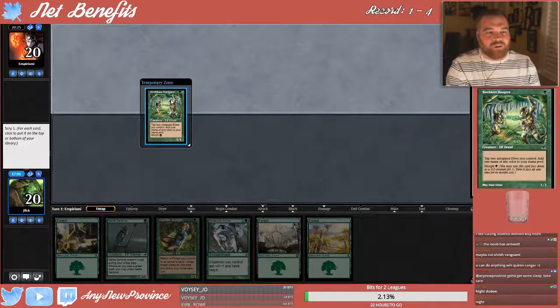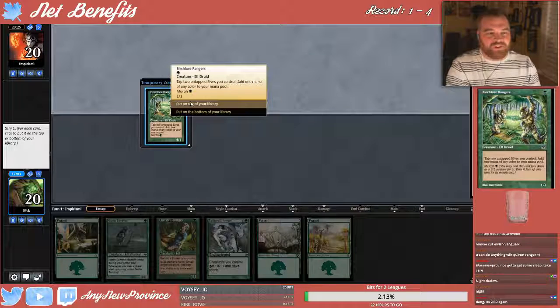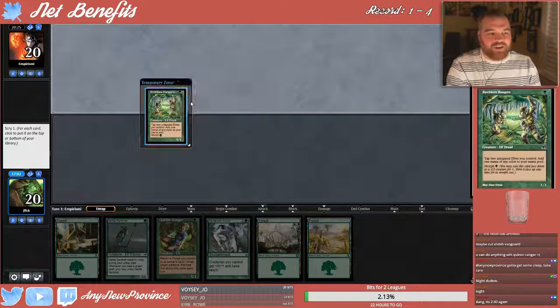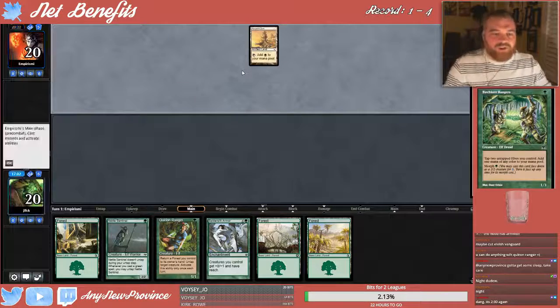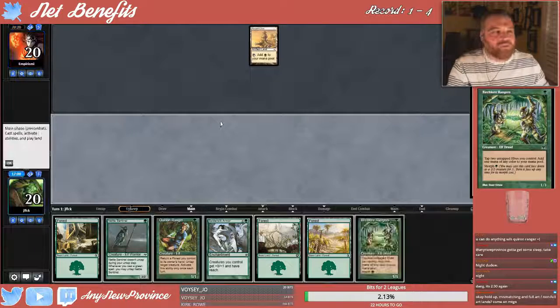Thank you very much. Ooh, we got Nettle Sentinel, Birchlore Rangers. Yeah, I'm down to do that. Because we can go turn 1 Nettle Sentinel if they don't play a blocker, like if they just dirtle around playing an artifact, then we can...